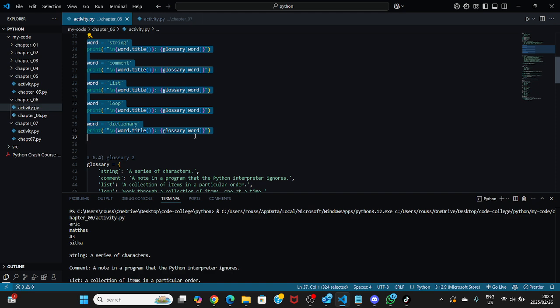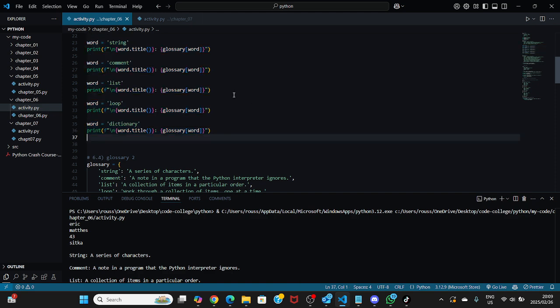Basically what will happen, print f-string word title glossary word, and then we've got the backslash n as a new line before the printed text. The title capitalizes the first letter of the term, and then glossary word accesses the definition of the term in the dictionary. So when we run that in the terminal,